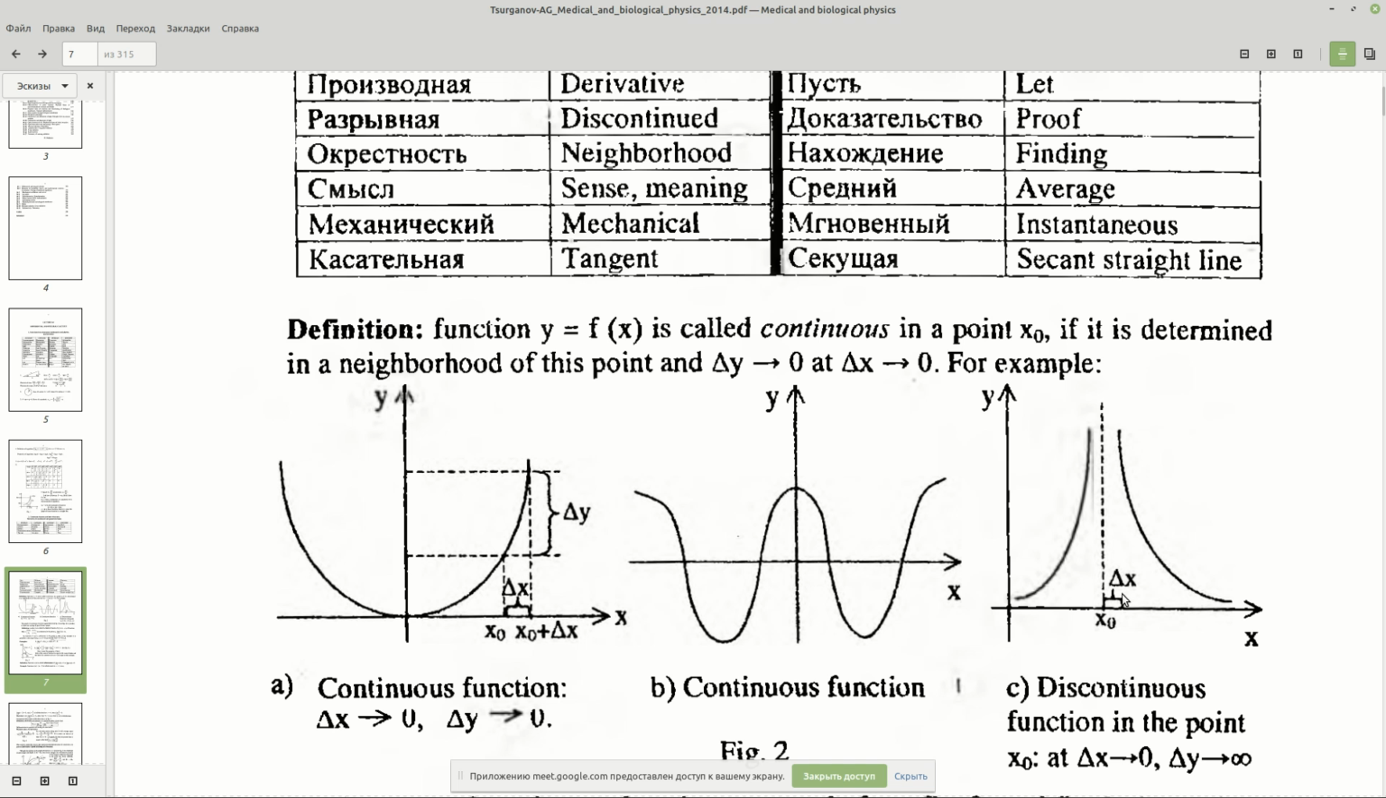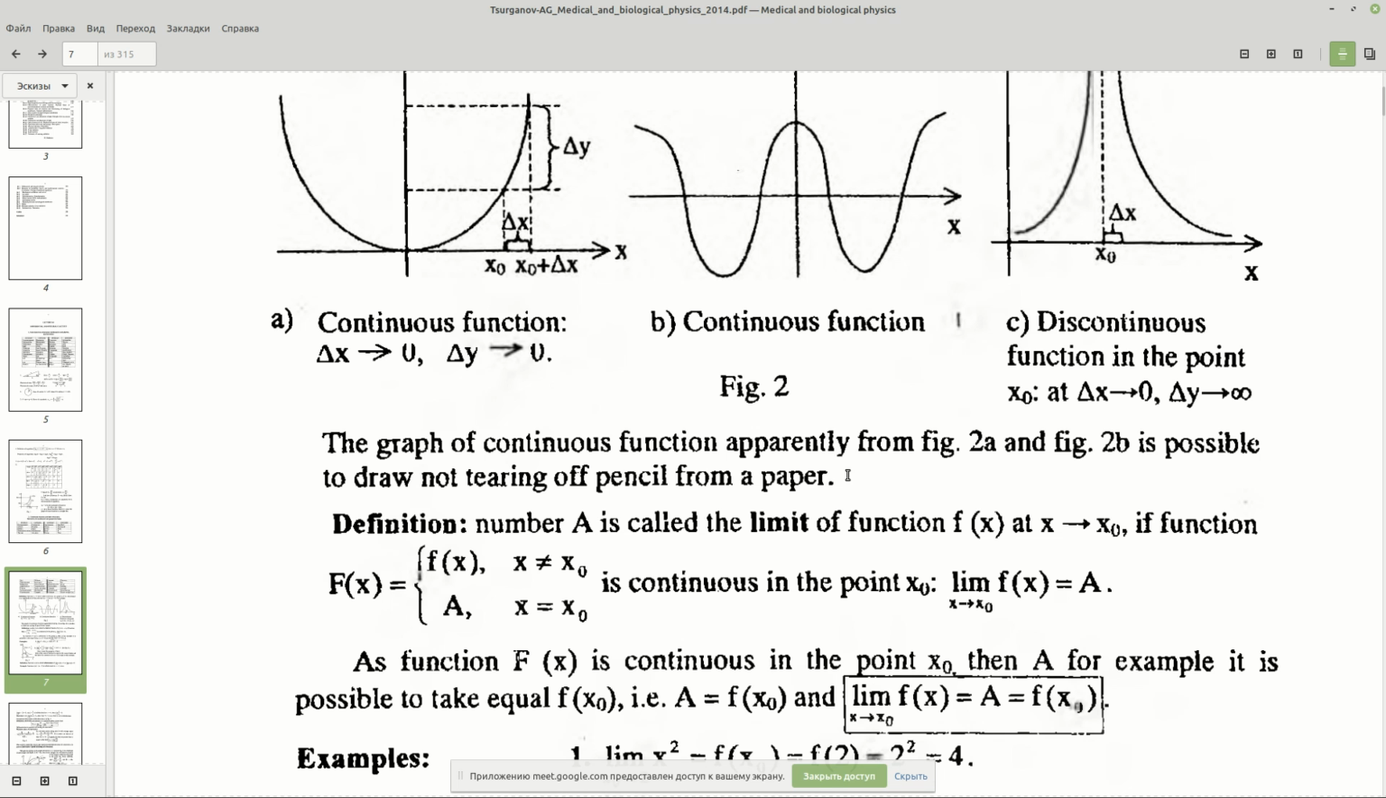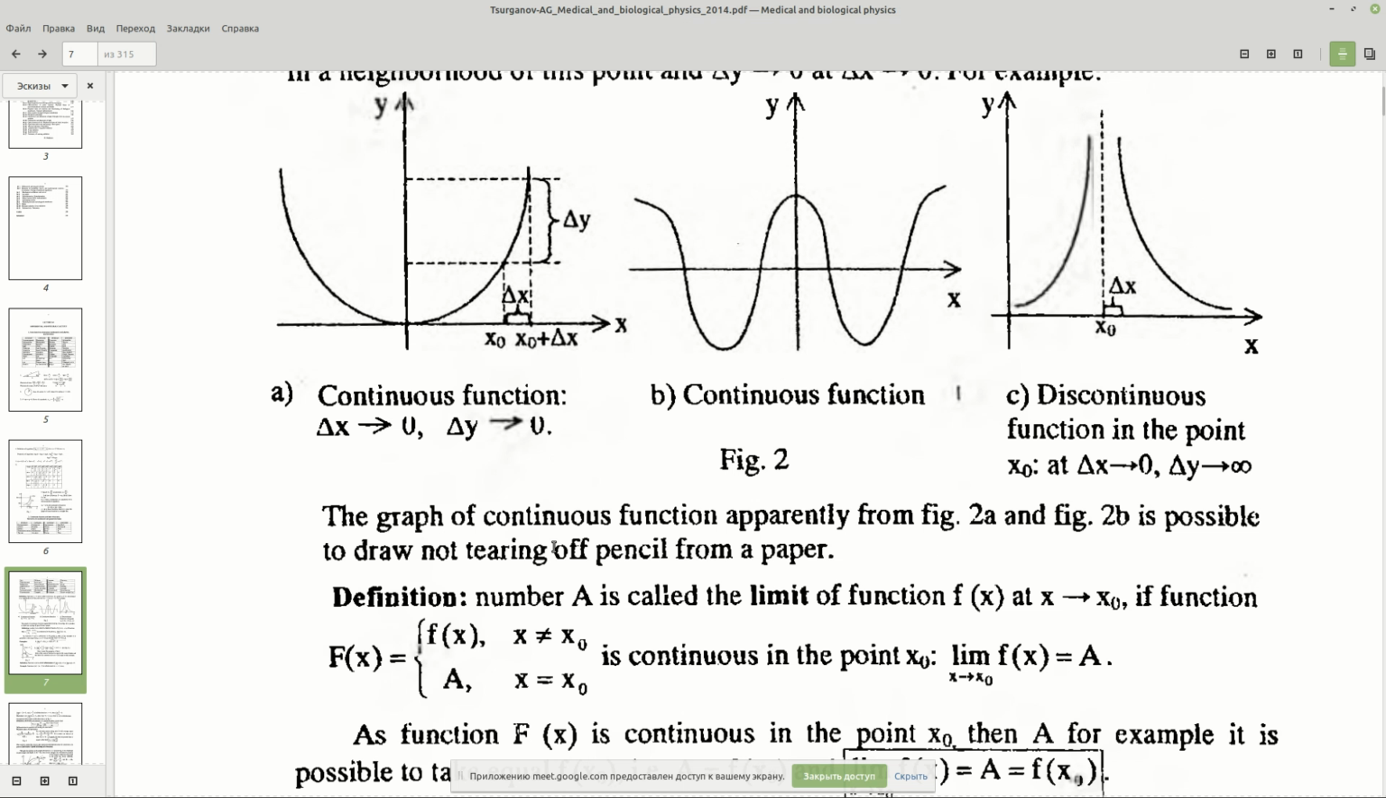So tearing off at this point x0. The graph of a continuous function, as in figure 2a and figure 2b, can be drawn without tearing the pencil off the paper. It's something like that. Definition: a number a is called the limit of the function f of x